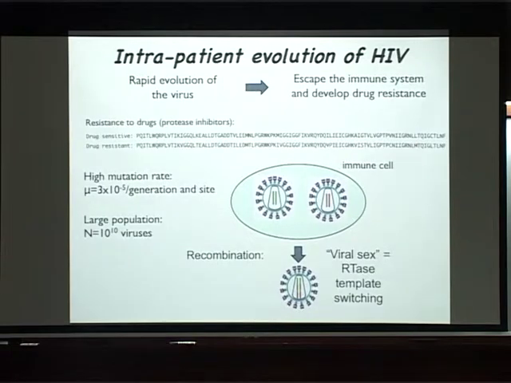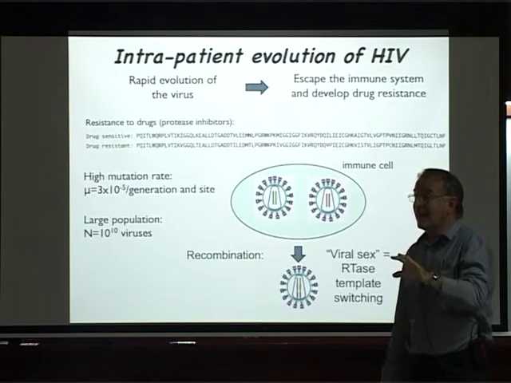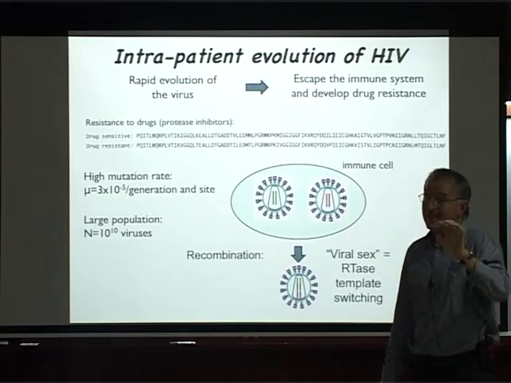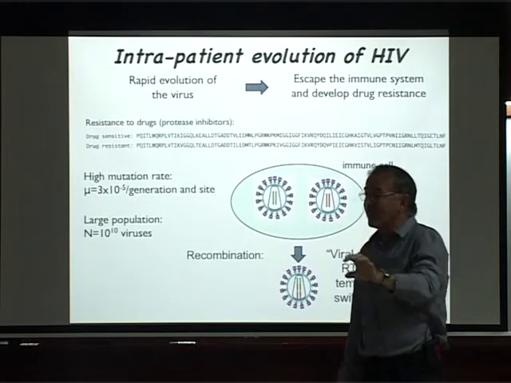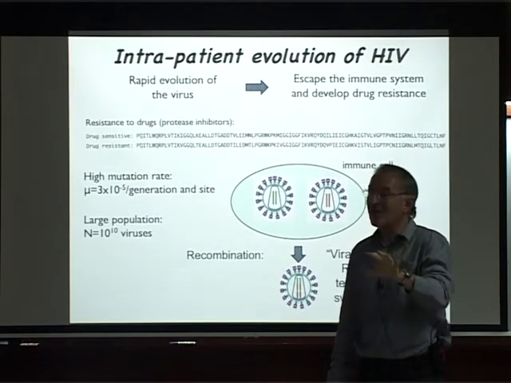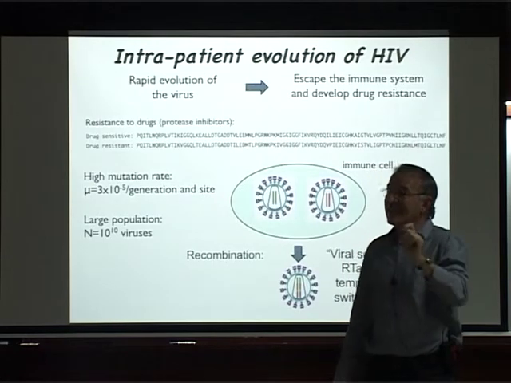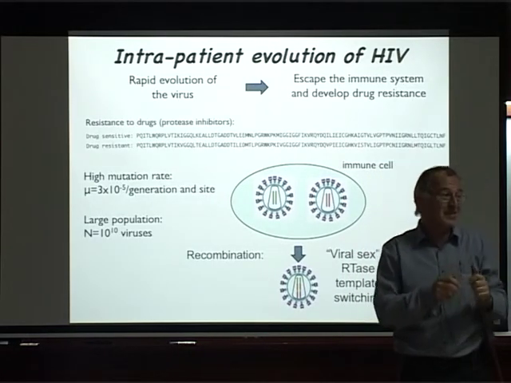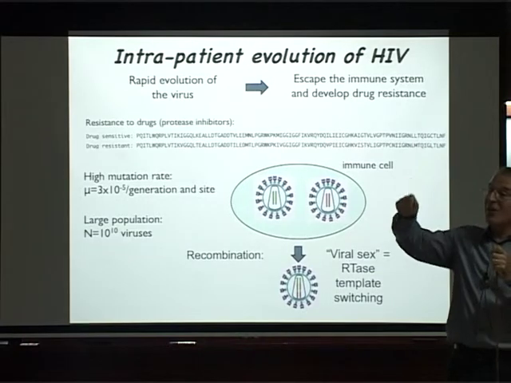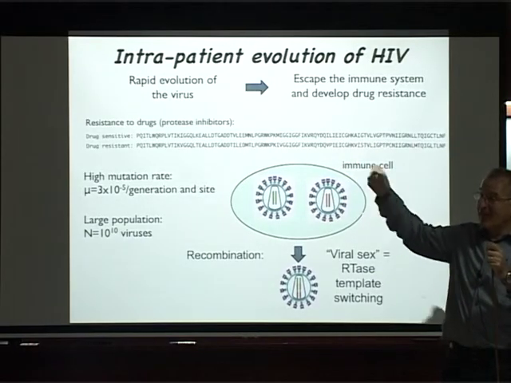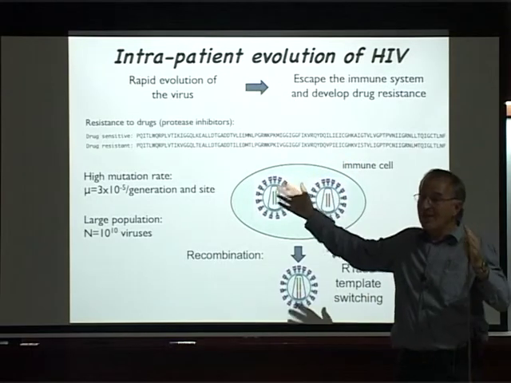And the difference between a good drug and a bad drug is that a good drug will require multiple mutations, multiple substitutions, to make the task more difficult. And that's the logic behind the drug cocktail. It's not enough to use even one good drug. It's better to use several, right? So that in order to evolve resistance, this virus actually has to acquire multiple mutations and traverse some non-trivial fitness landscape.